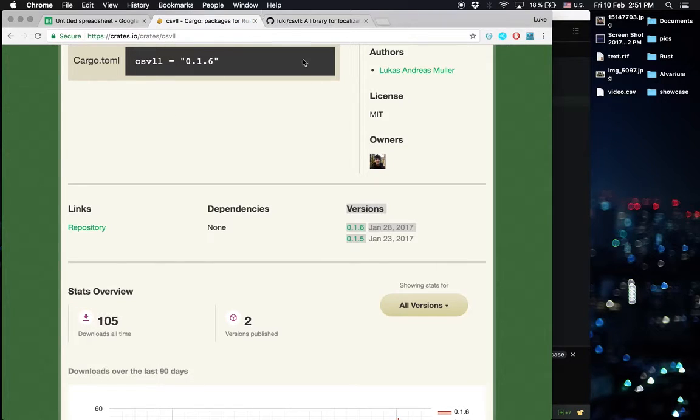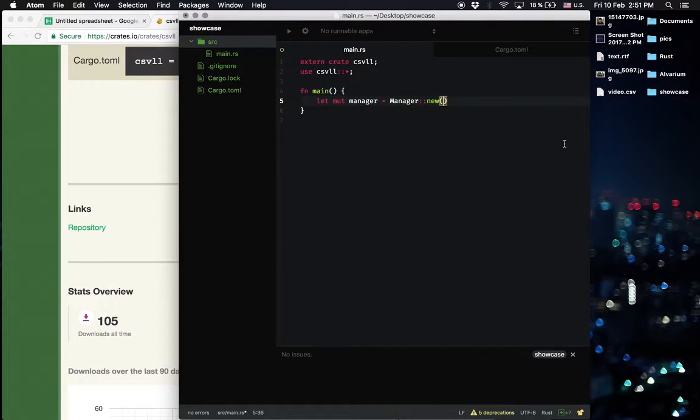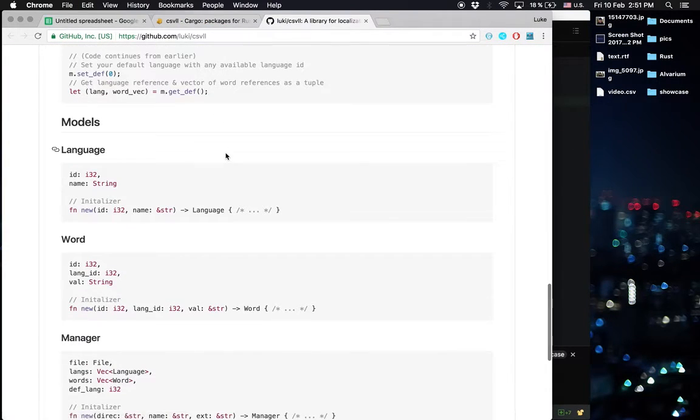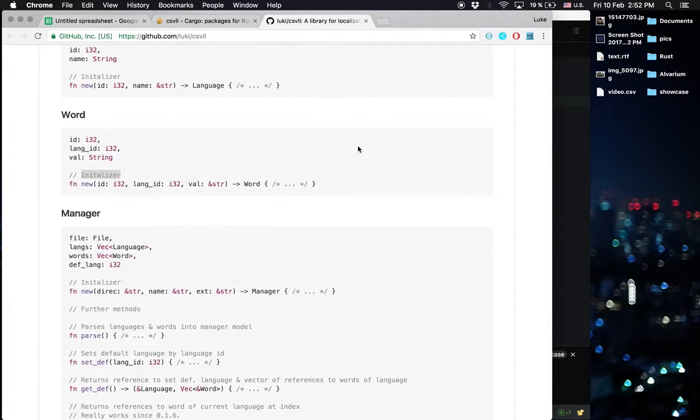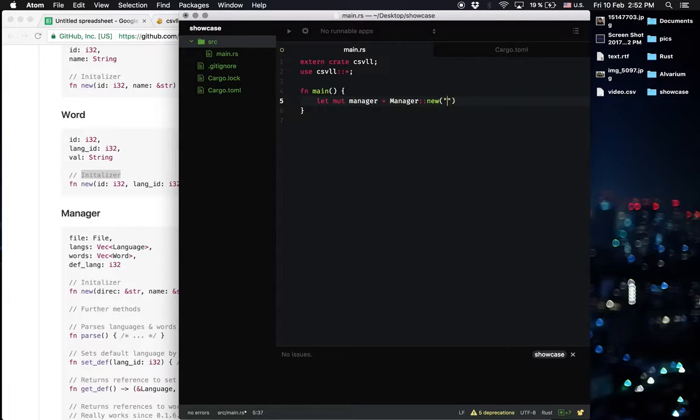If you use the latest version, so everything from 0.1.6 up, you don't have to do that anymore. So if you scroll down, you will get all the methods that you can call on here. So if we say directory, which is one outside of the directory of the project, and then the file is called video. And then we have our manager, and now we have to parse all the information out of this file that it now has. So basically this would be filled now through the